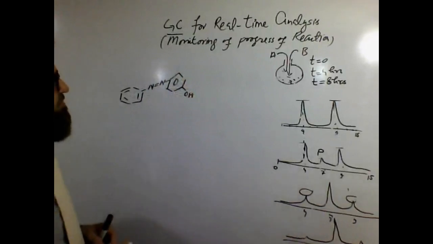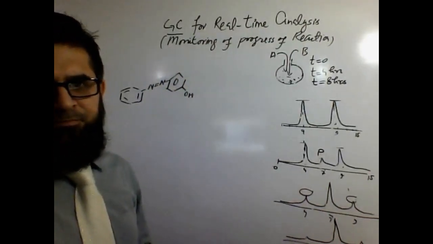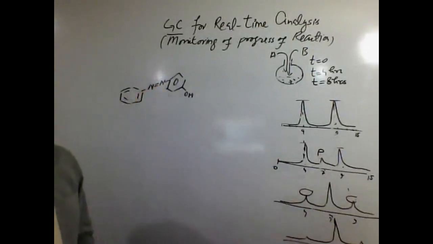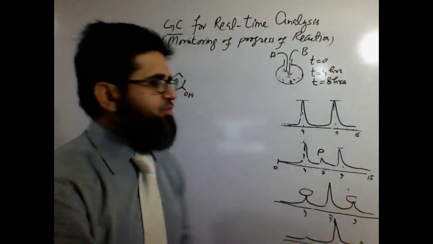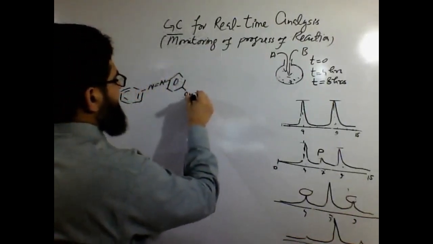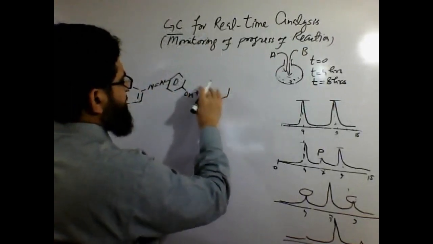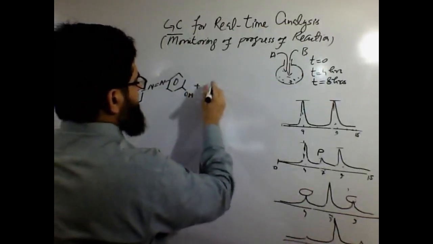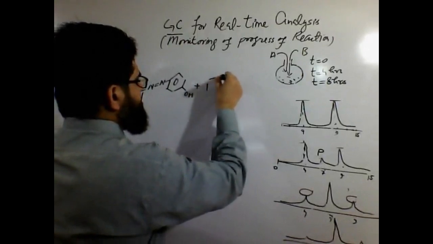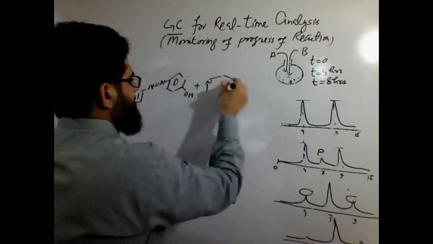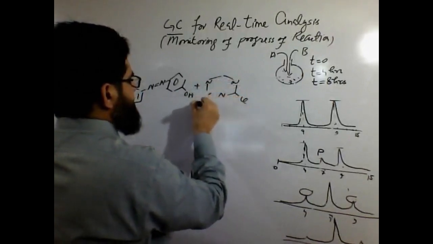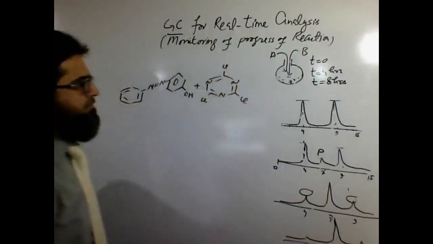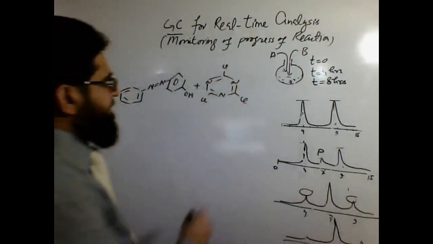Let's say we have this type of a colorant. It's an azo colorant, due to the presence of an azo group, used for the preparation of azo dyes. Let's say we reacted it with this cyanuric chloride. We generate reactive dyes. Cyanuric chloride is supposed to be something like that.